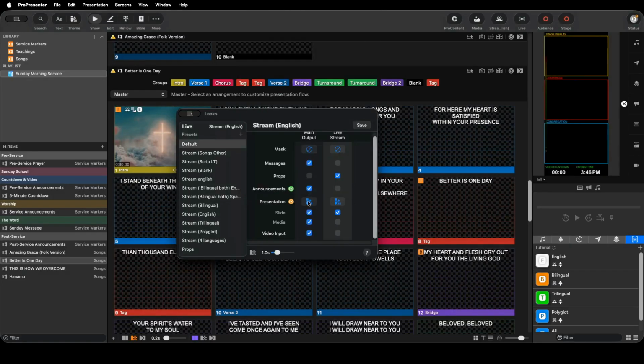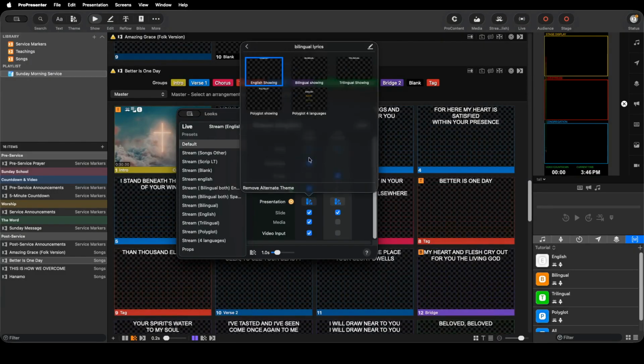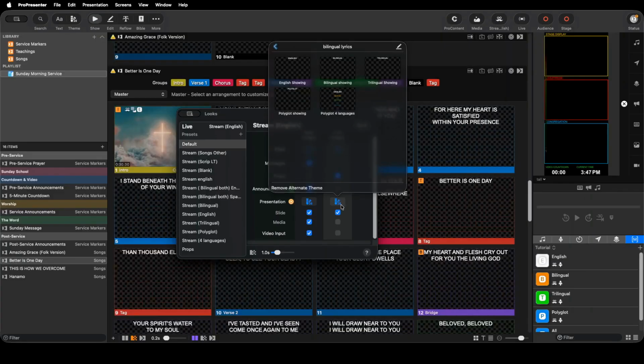So presentation is where you get your themes, okay? Your themes would be the stuff that I was showing you guys before, where we've got our English showing, bilingual showing, trilingual, polyglot, all of that. And also the polyglot one, 4 languages all showing on the screen, the one that's like chaos. Okay. So you want to have that, and then over here would be your presentation. Okay. So let's go over to